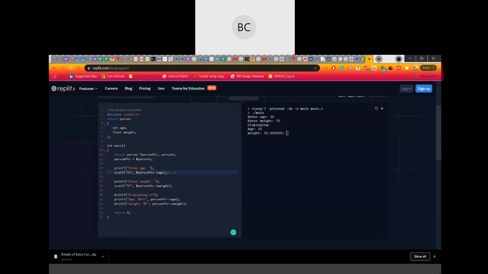Structure and union are the data structures that allow you to store values of different data types.